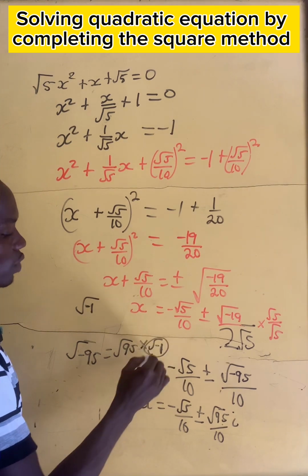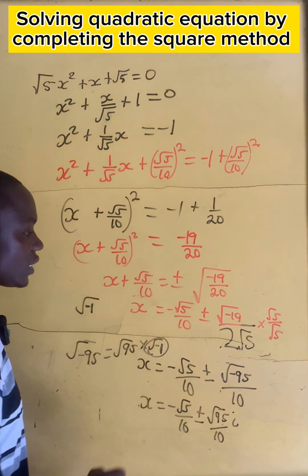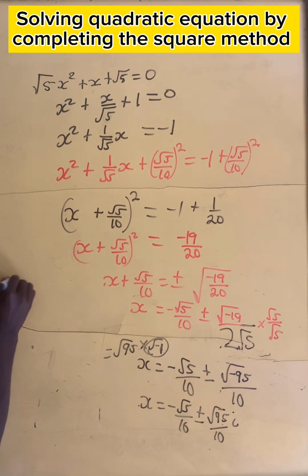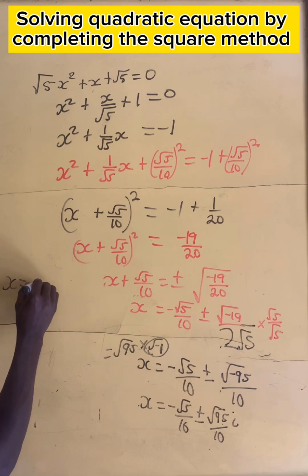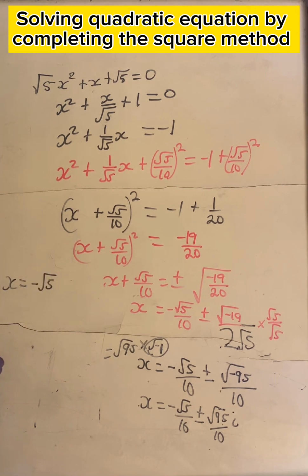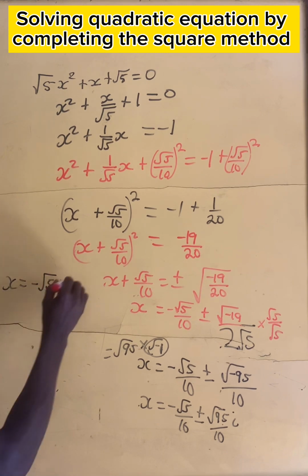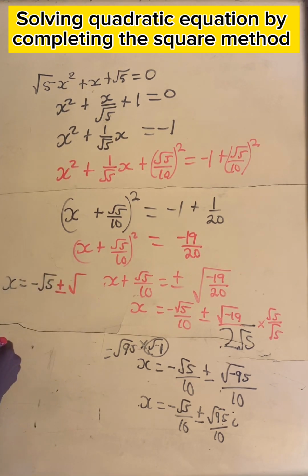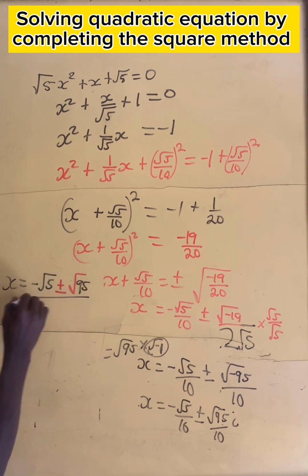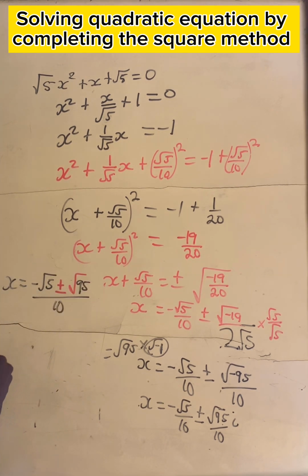And the square root of -1 is i. So our answer simply becomes x equals negative root 5, then we have plus or minus the square root of 95 all divided by 10,